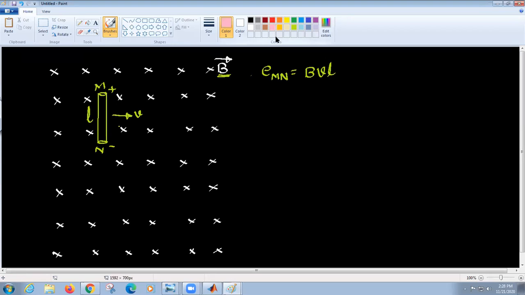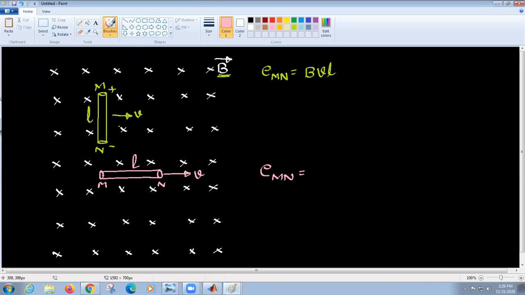Now I would go for another case. I have my conductor like this. Okay, this is my M, this is my N. Now I'm moving this conductor this way, V. Now the length of the conductor is L. If I ask you what is the induced EMF across MN, what's the answer now?